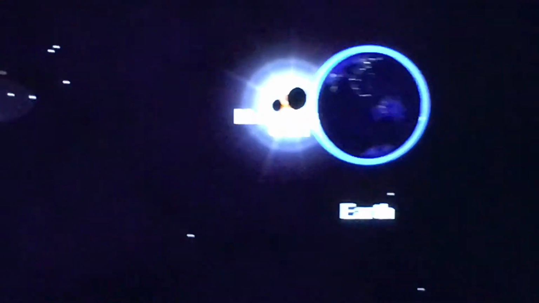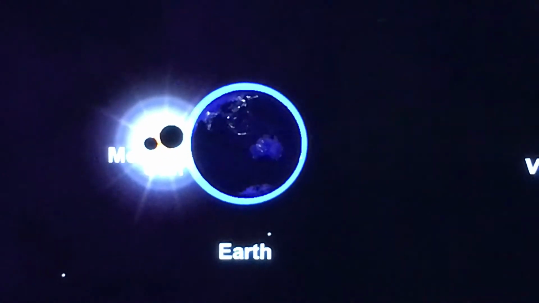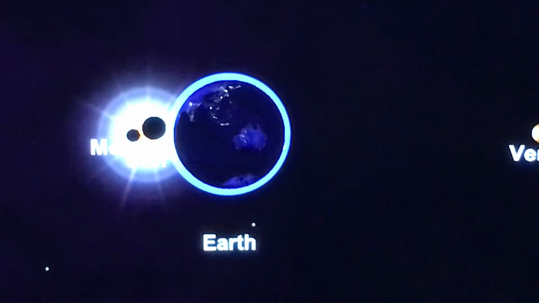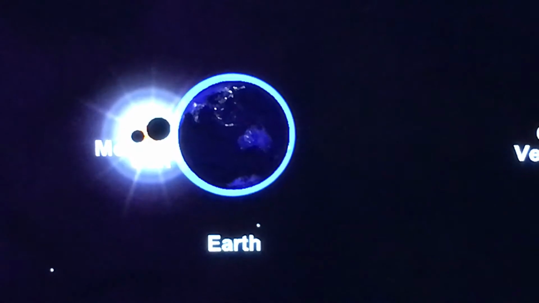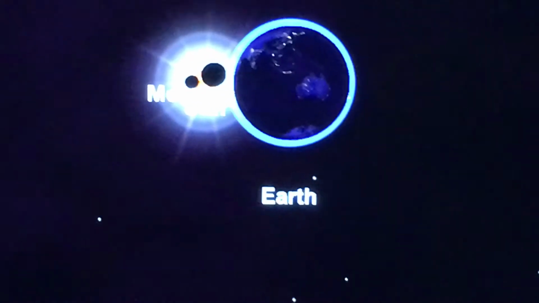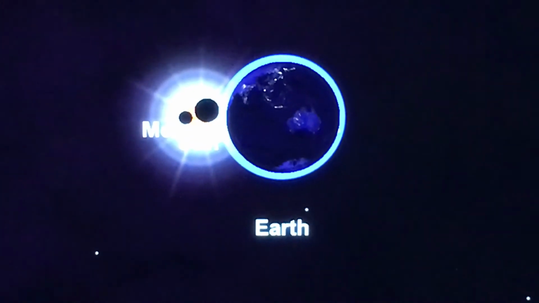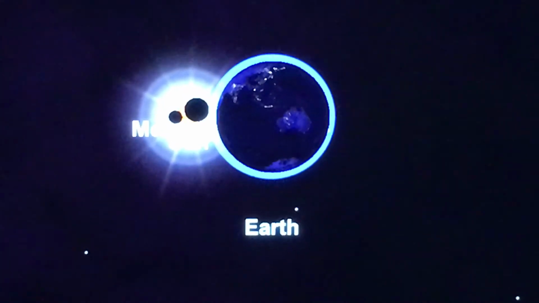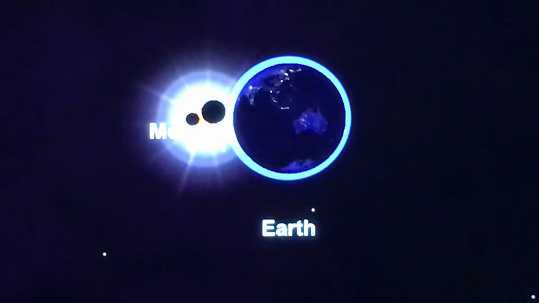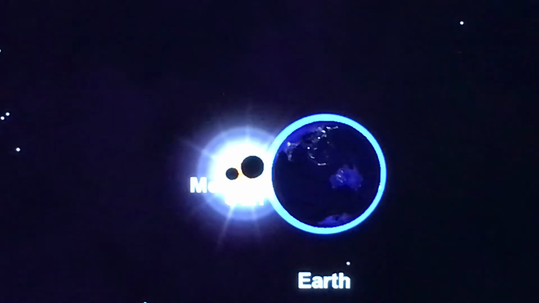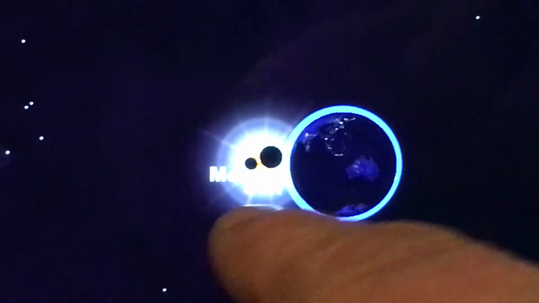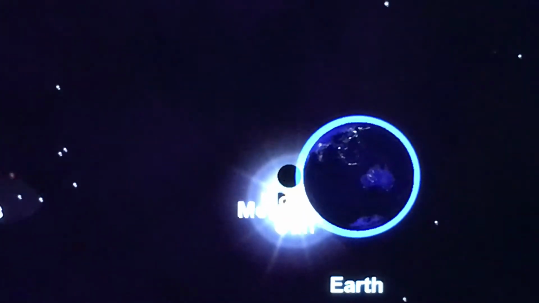But my point being is that if there's a 5.14 degree difference in the ecliptic of the moon to the Earth versus the Earth to the sun, this guy's saying the Earth would be too far away. Well, I just made it so that the sun and the moon are the same size. So regardless of distance, you're still going to have them lining up to some degree. So it might not be perfect, but if you're telling me that somebody on the Earth at the top here, even if this is down a bit, let's make a small adjustment here, see what happens.